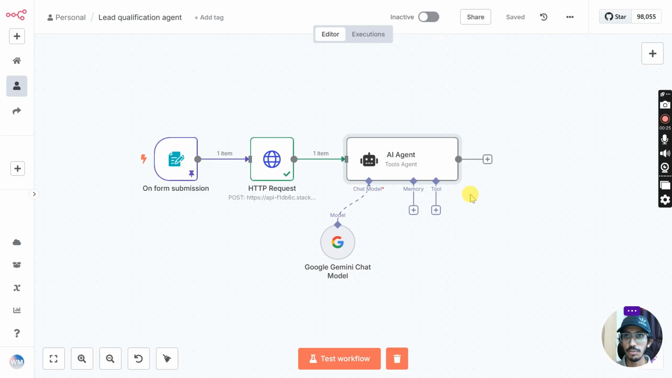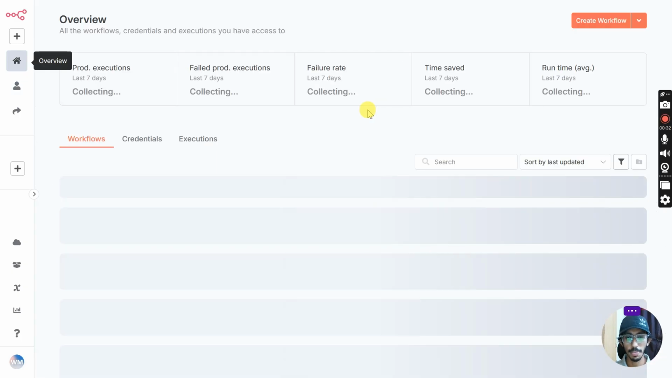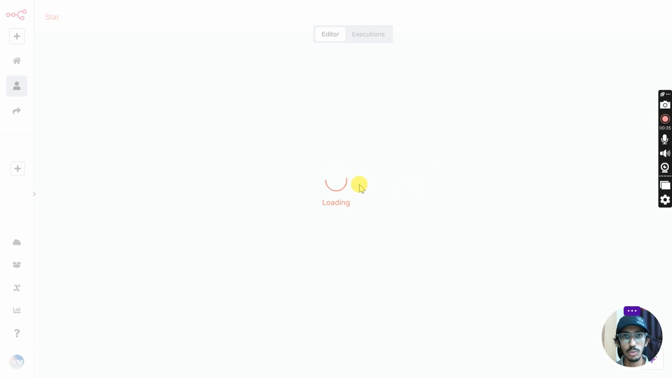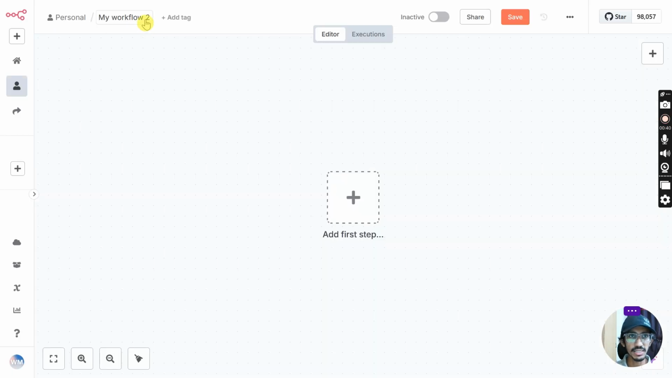No, of course I want to save. Our workflow is saved, so let's go to home, and we are going to create a new workflow. This will be our second and secondary workflow, and we are going to name it Qualified Lead Classifier and